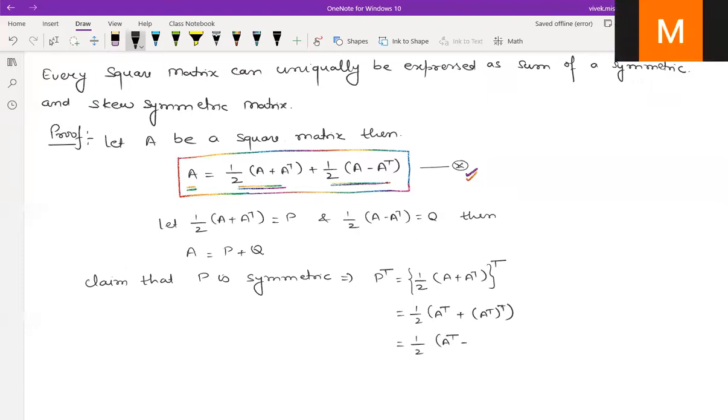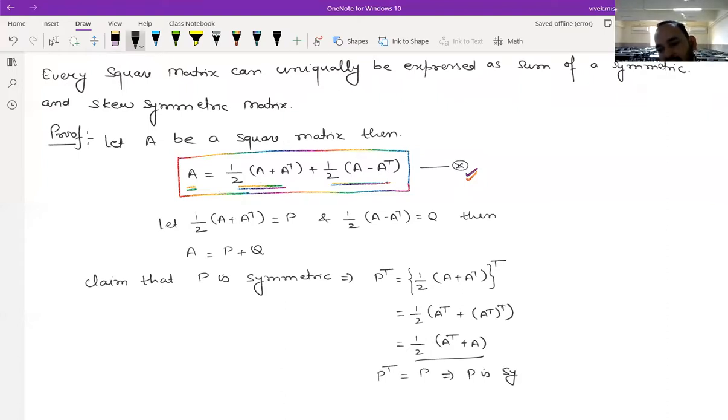Yes sir। So this is A again। So this is again I got P। When I took P transpose I got P, implies that P is symmetric।